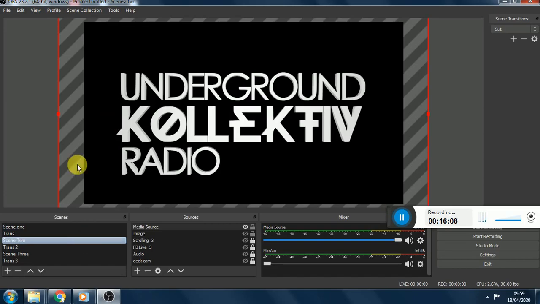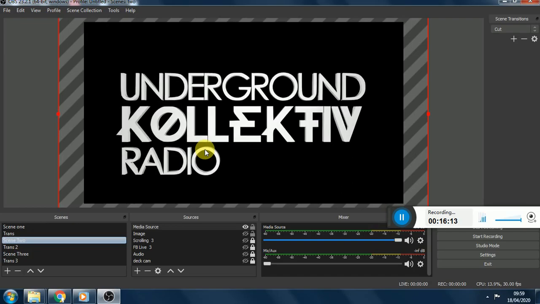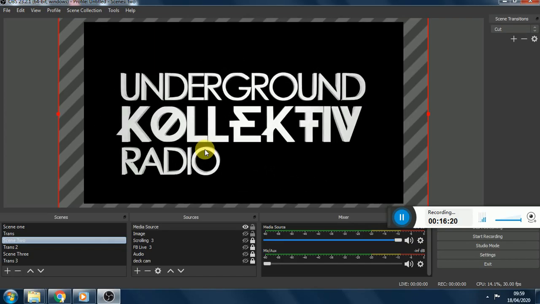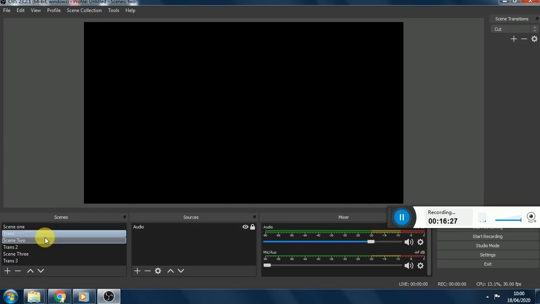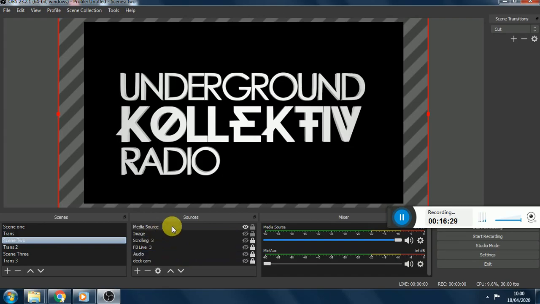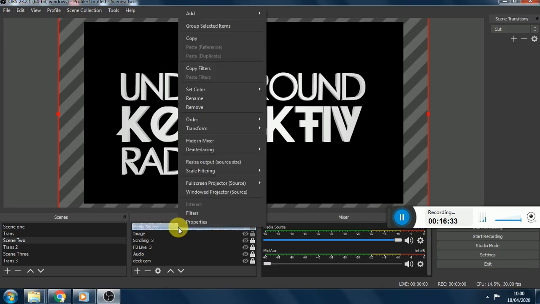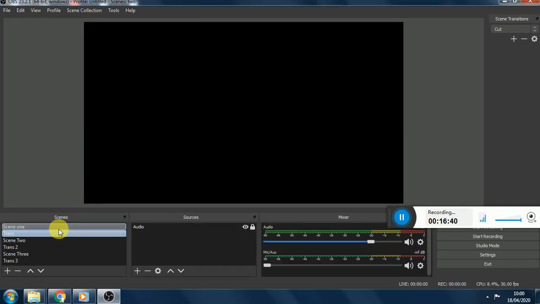Yeah. So basically, you just drop in this file, and when we touch on the scene switcher later, we'll talk about how long you want these on for. But basically, you just want these to move from one scene to the other. So that's scene 1 and transition 1 done. I'll get rid of that media source. Delete that. Remove. Yeah. So scene 1,